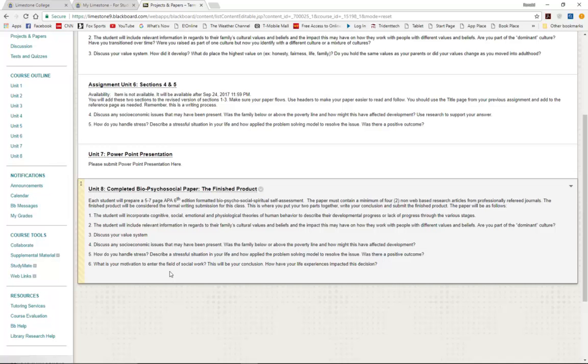So when I make the corrections in 1 through 3, you're going to go back to your initial paper, make the changes that you need to make. Then you're going to look at what you submitted in 4 and 5, and you're going to make the changes that I say you should make. And you're going to have 1 through 5 already ready to go. So the only thing you're going to be responding to the last day of class is question number 6.